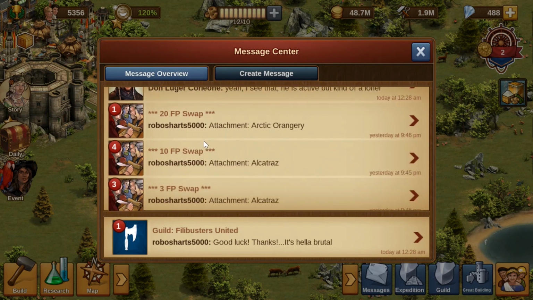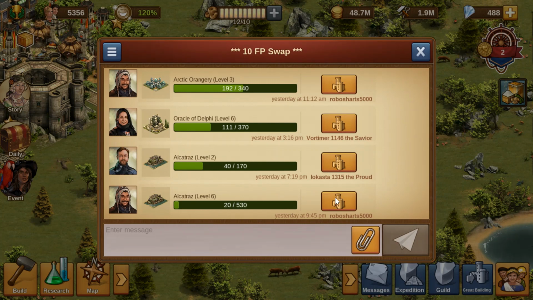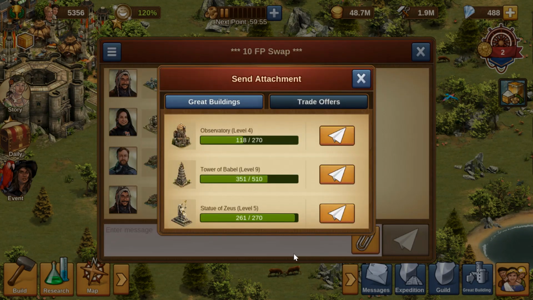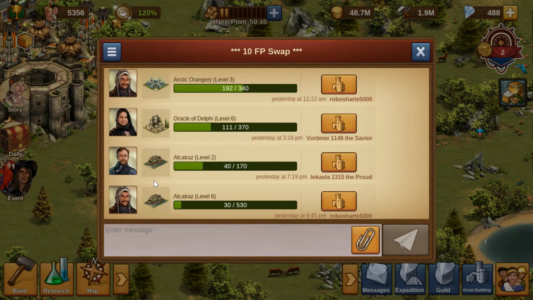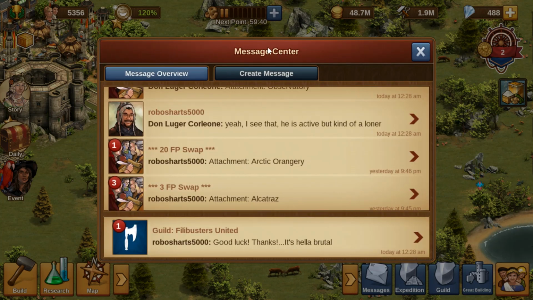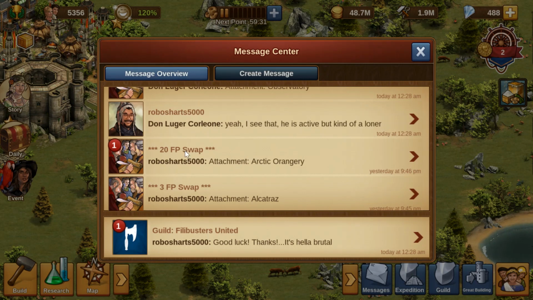Let me see. I'm gonna do this 10 forge point swap on the Alcatraz. Okay, so put 10 over there and put my building. Then I want 10 points. So in this case, I want to do it on my Tower of Babel, so I can get that out of the way. I still have 2 forge points left. I don't want to double dip on the same buildings, so